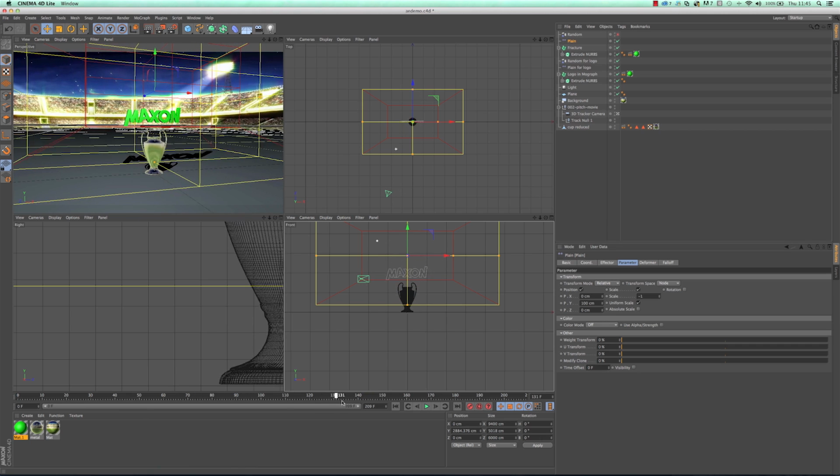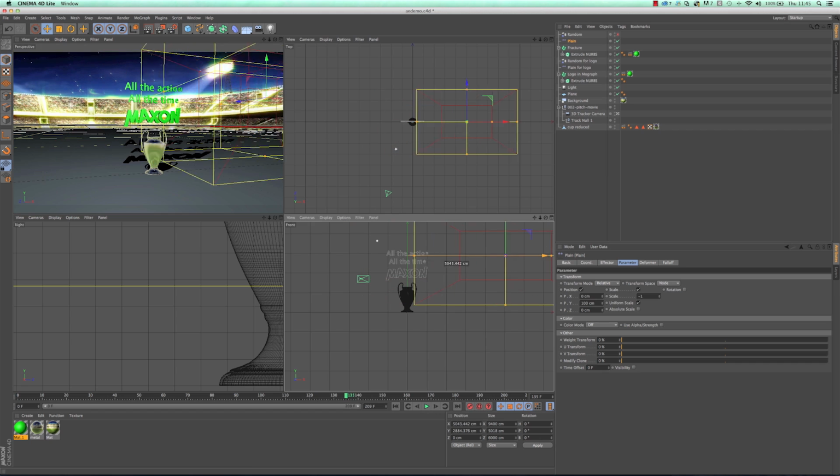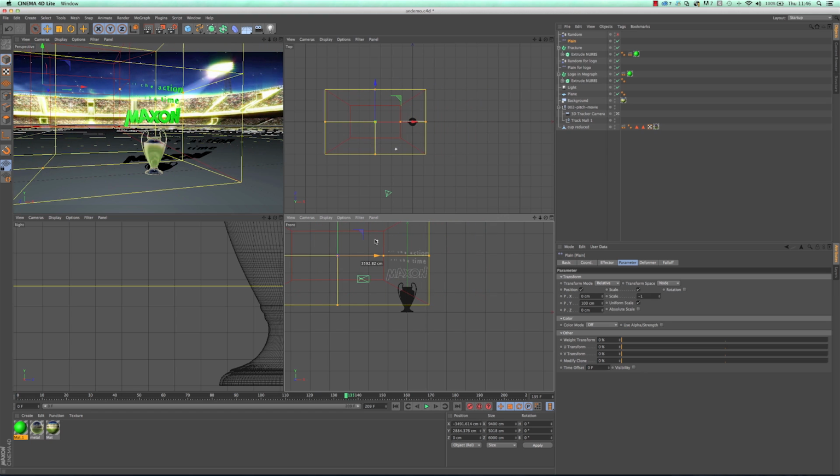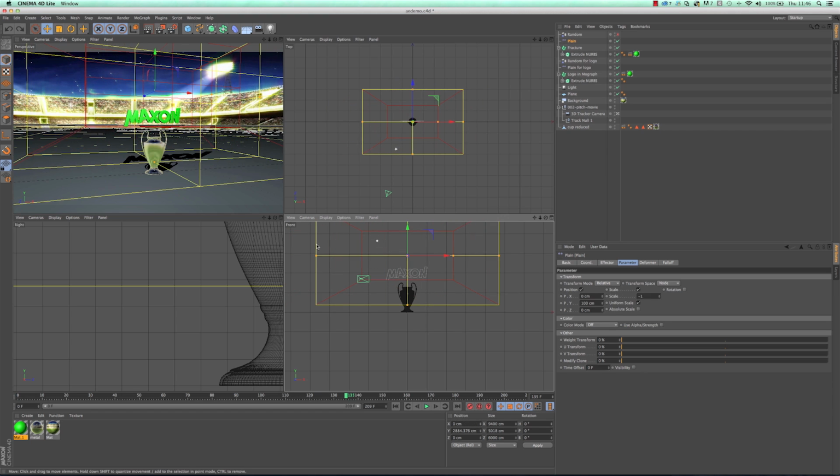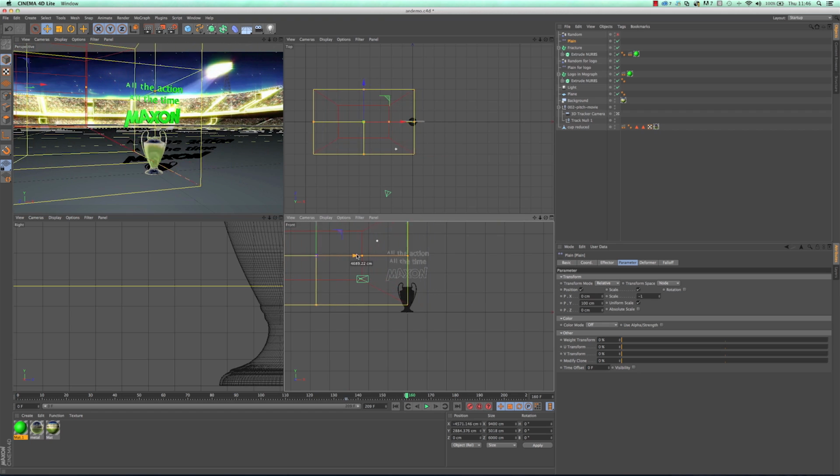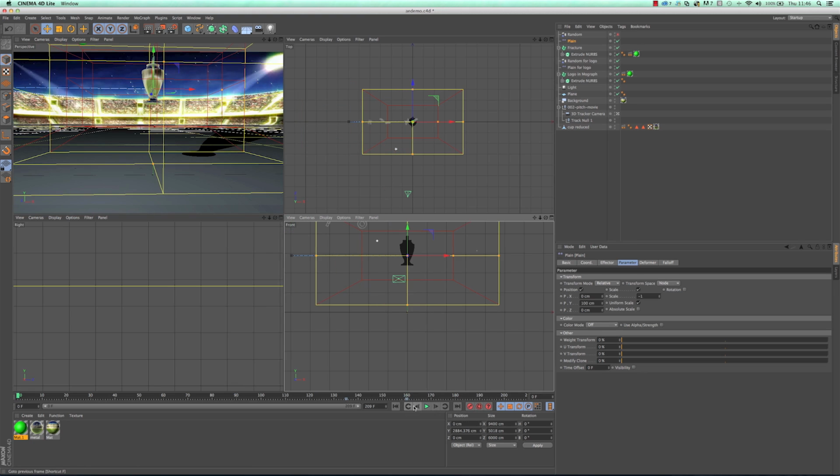So let's say after the Maxon appears, I want something to start happening with the logo. If I move this out of the way, you can see that the logo is there. So what I could do is say, okay, I'll undo, and I'll hit a keyframe there on that plane effector, and then by about that point I want to move this across so we can see the logo. So I just move it out of shot like so, and I'll record that, and now look what's going on.